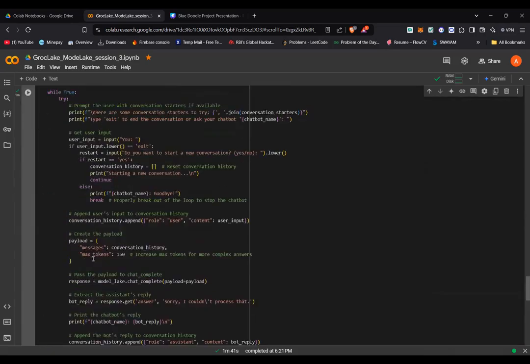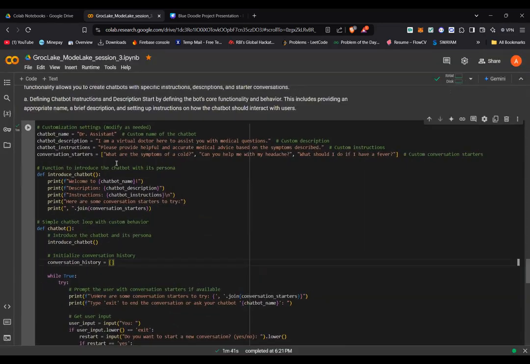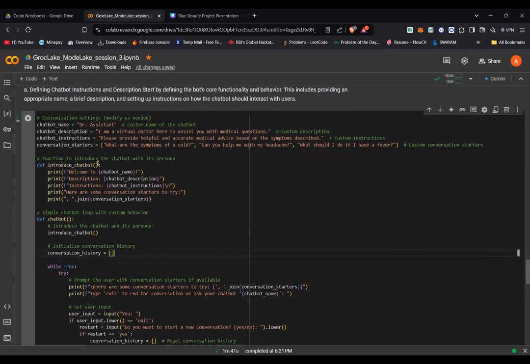But what you can also do is give it another name. You can change it from doctor assistant to maybe a customer service agent. You can change the chat description to say it's a virtual agent which has to respond to queries of a user. You can change everything: chatbot instructions, conversation starters, and customize it according to yourself. You can make it more interesting